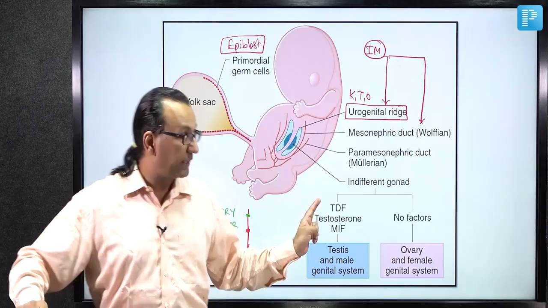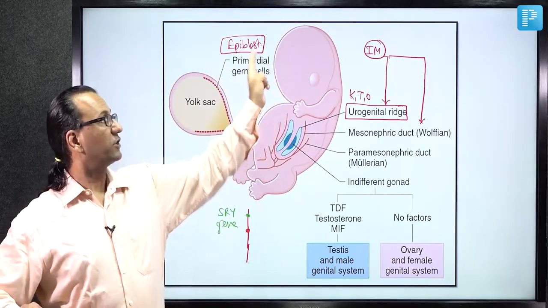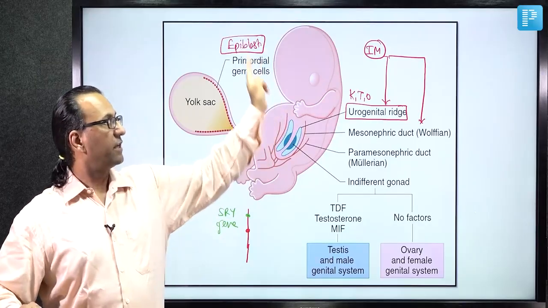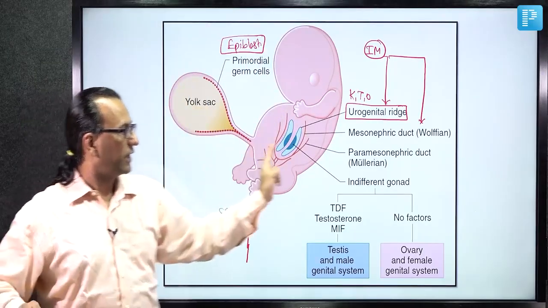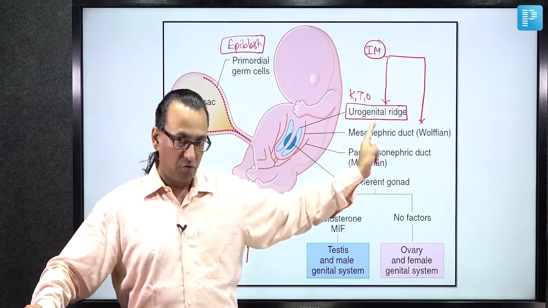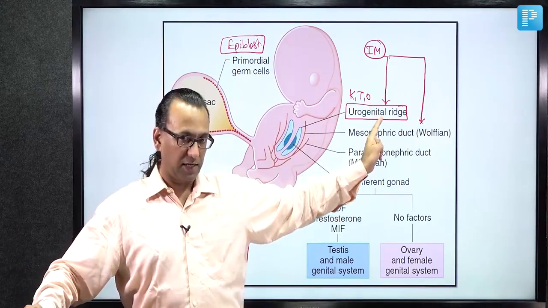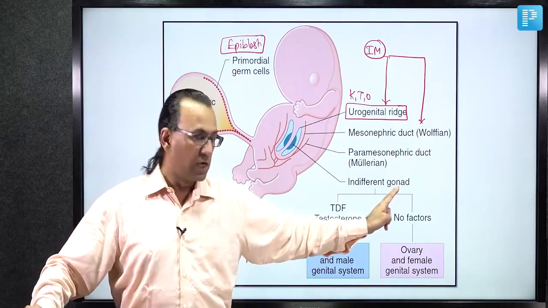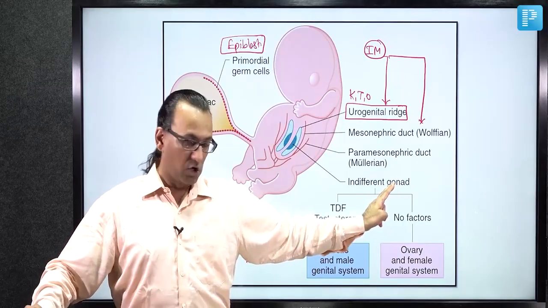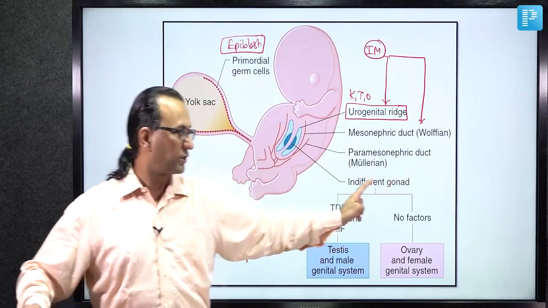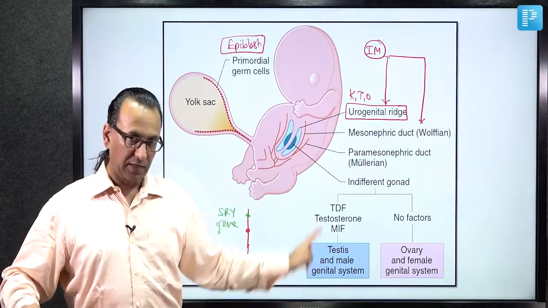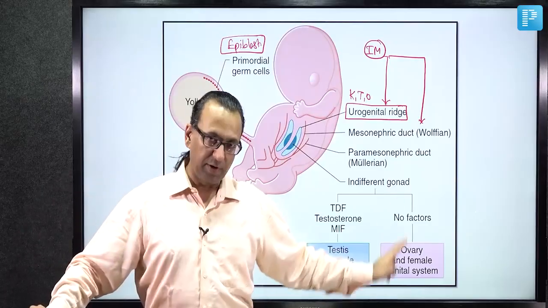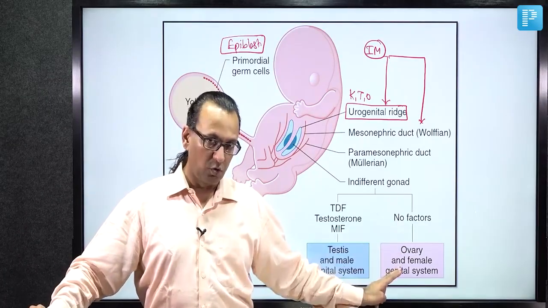And regarding the timeline, it is seen that epiblast will be giving us the primordial germ cell by the end of the second week or beginning of third week. Then they are migrating towards the endodermal wall of yolk sac. They will be reaching the genital ridge by week number 5. So by week number 5, the genital ridge has appeared, and by week number 6, we will have indifferent gonad. Means the sex determination is not possible till week number 6. It is only at week number 7 that the testes start developing, and we can tell that it is a male or a female, though the ovaries start developing a bit later, and it will be around 8 to 10